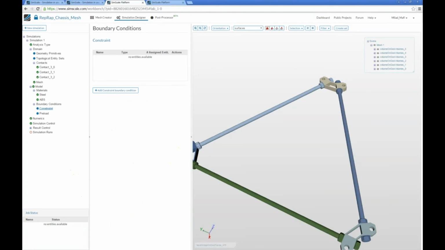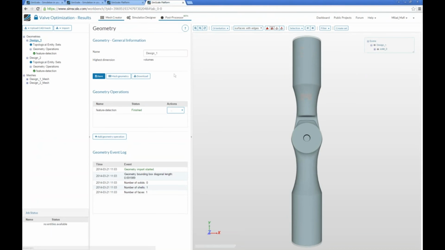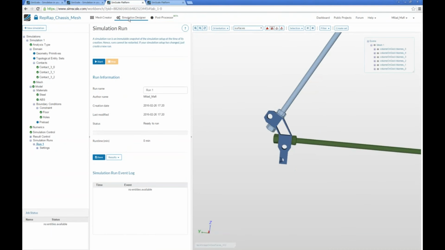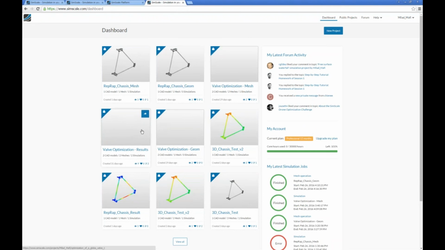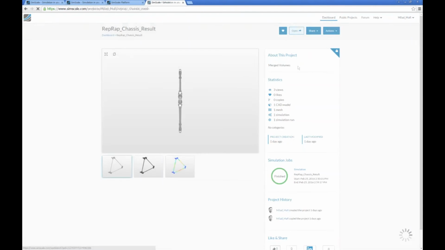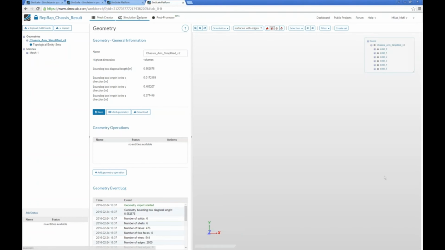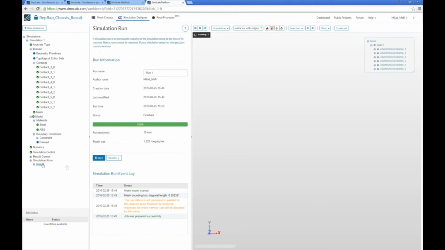Then we can create a new run and start the simulation, which I will not do right now since contacts are missing. But if you add the missing contacts and start the simulation run, then you get a result which I've prepared, and the result will look like this. Let's open it. And maybe first of all, if you have added all contacts and your simulation is finished,